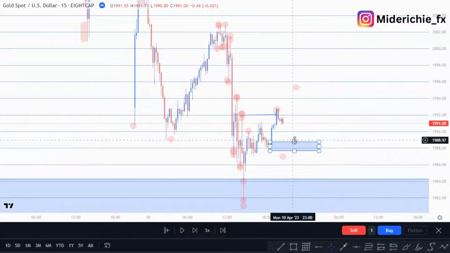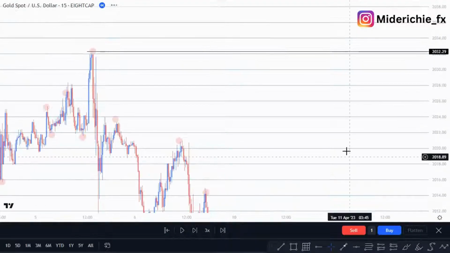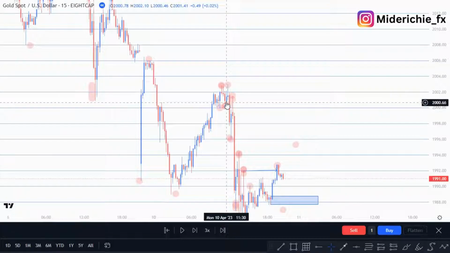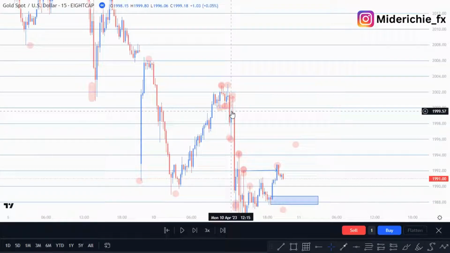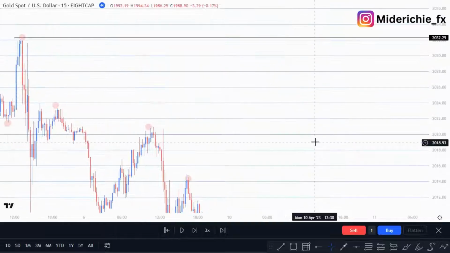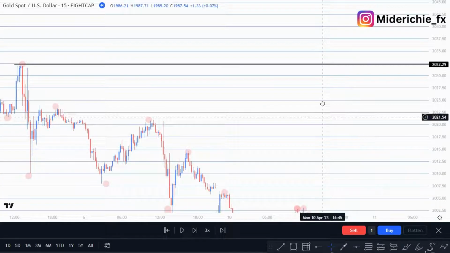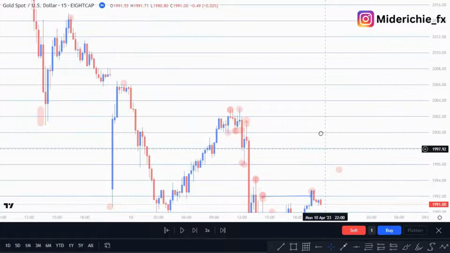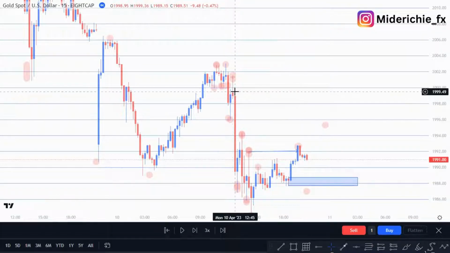So we are going to be taking our trade off from here, and then our first take profit would be this high, this supply zone, sorry, and our last take profit will be this all-time high, right? What I mean is our take profit will be at this high right here because